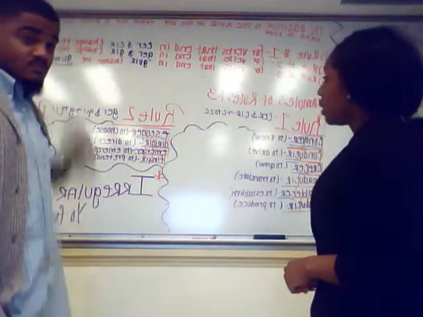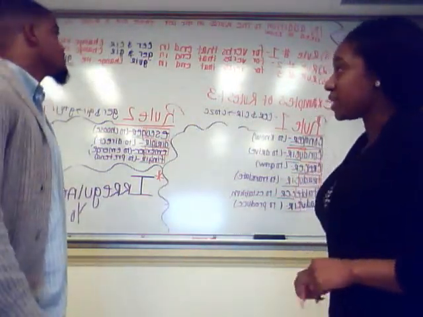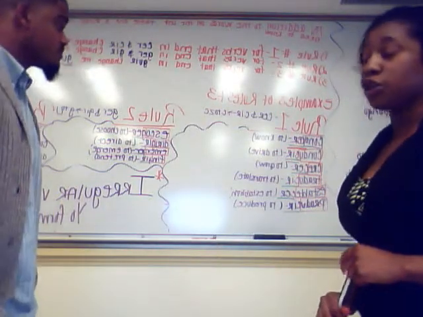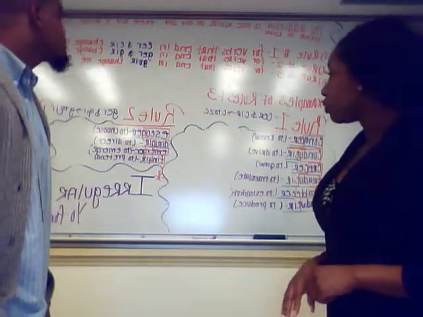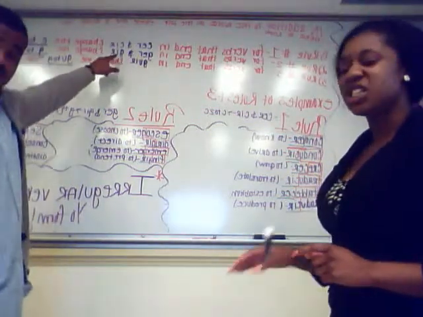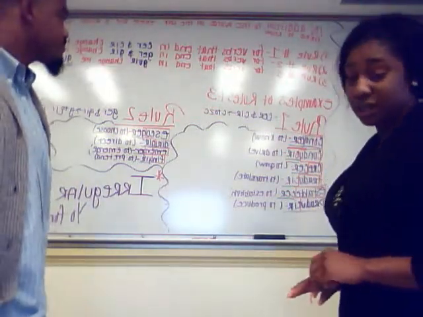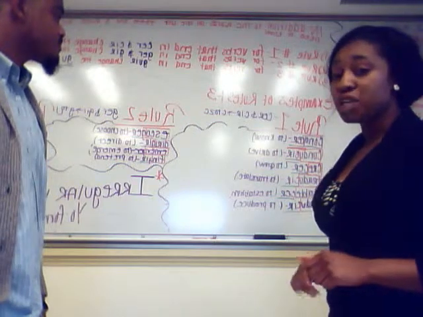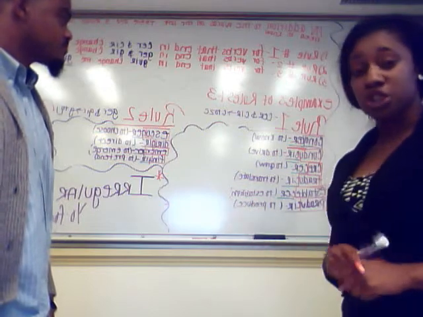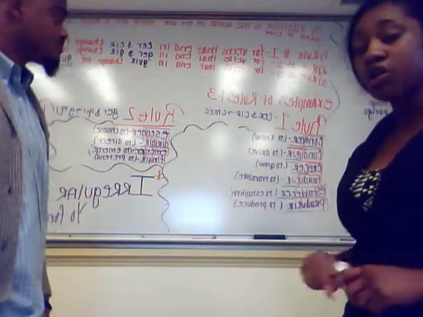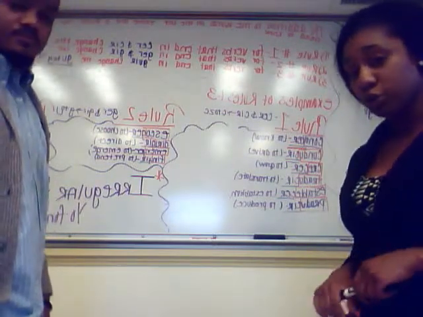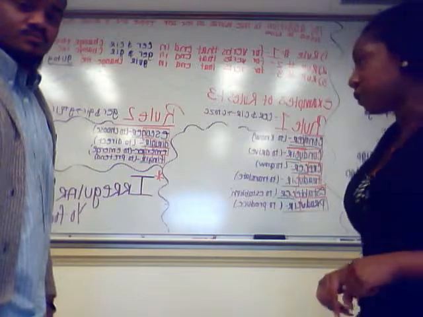So rule number 1. For the verbs that end in CER and CIR, you must change the C to ZC for the yo form. And rule number 2, the verbs that end in GER and GIR, you must change the G to J. Now, last but not least is rule number 3. You must change GUIR, or GU, to G. They're all done in the yo form. So these rules you must follow in order to know how to do your irregular first person yo form.